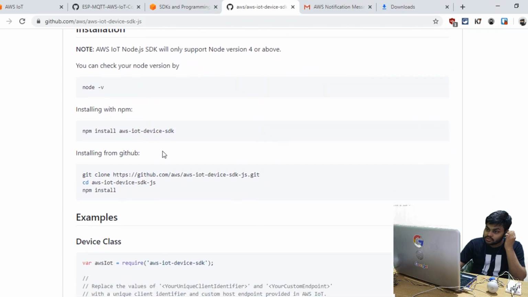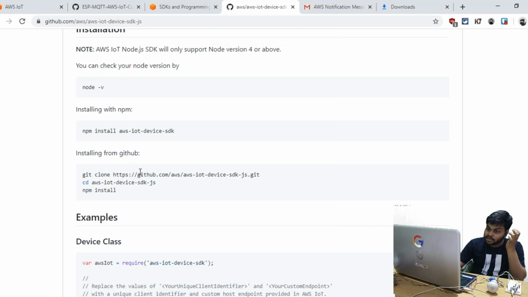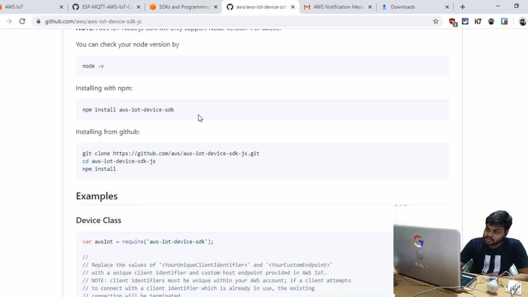if we move to this one, first you need to have Node installed in your machine, Node.js and basically npm, and install the AWS IoT device SDK with npm. Simply paste it in the CMD or PowerShell, any CLI, or install from GitHub. So npm install aws-iot-device-sdk. Okay, so first simply install it from here. This is the command, npm install this one, and after that